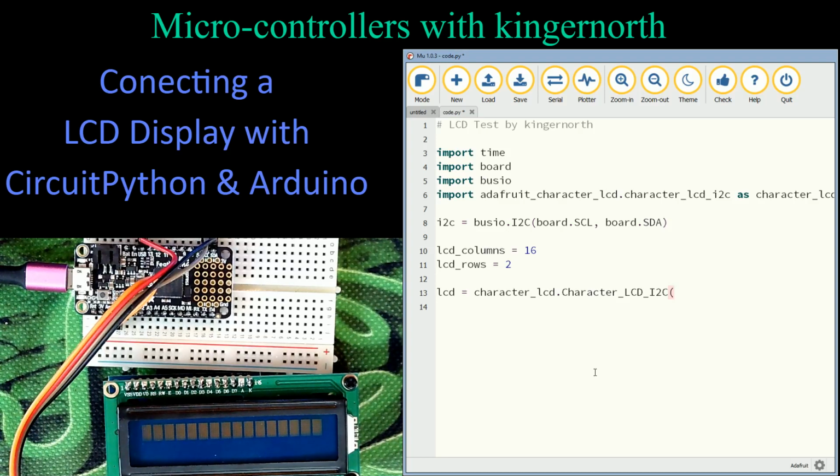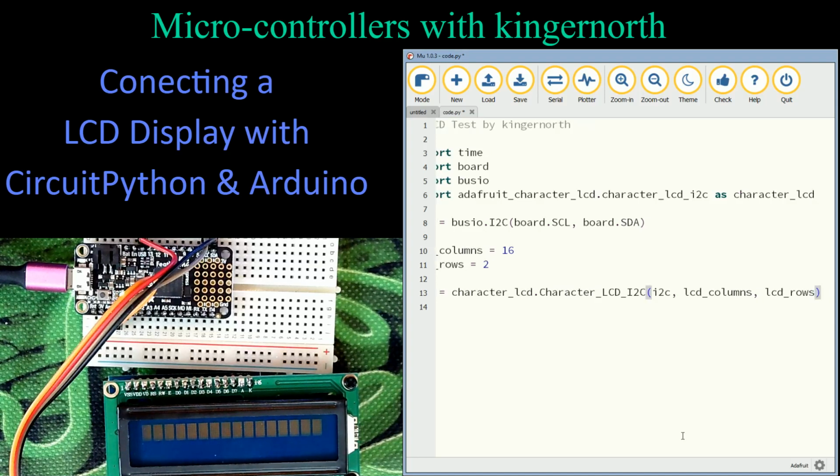And unfortunately, we do have to have requirements to set up new devices. So we're going to call this I²C. That's the one we just created, and we created that here on rung 8. So that's that variable. We're going to add one in here called LCD_columns, and we created that. And LCD_rows, and we're going to put a bracket at the end. So my LCD is equal to character LCD I²C, and we're going to say,